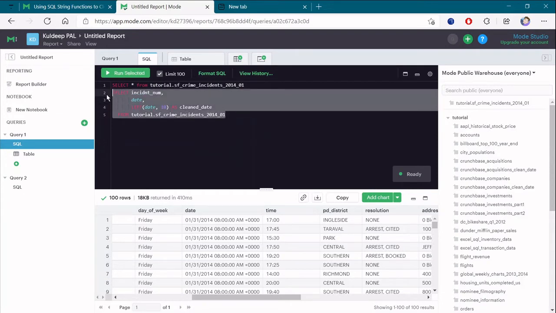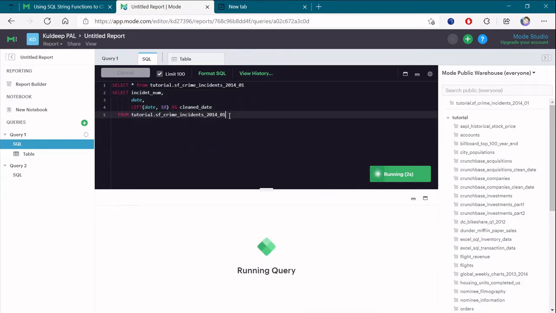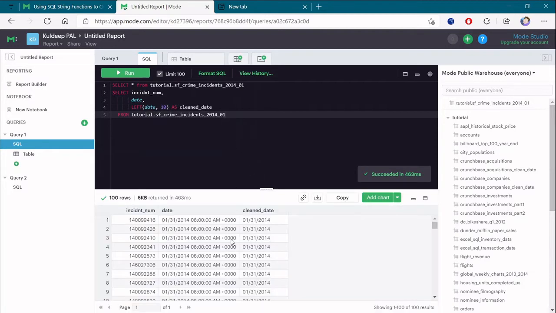Let me run the second query and show you. After running the second query, we will only be getting the dates. As you can see here, we are only getting the dates. This is the clean date, and I hope this is clear.